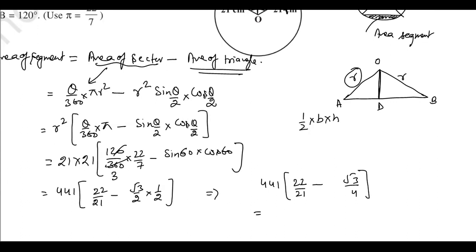And you can also do this in a simpler way. Means if theta is given, you can calculate the other way. If this triangle is given to you, this is 21, this is 21, how can you calculate the area of this triangle? If this is 120 degrees being given, then the remaining will be 60, subtracting from 180. And dividing 60 equally on both sides, we get 30 and 30.